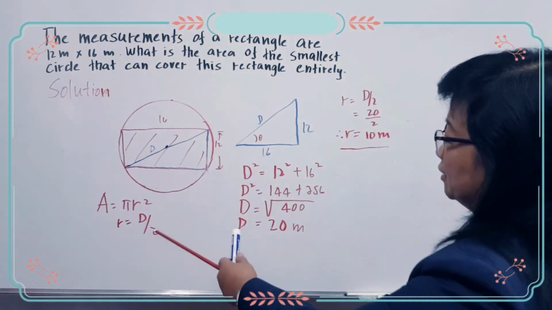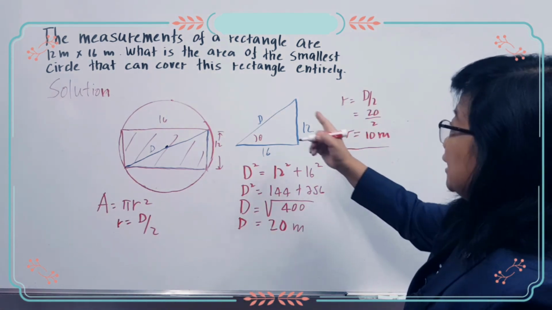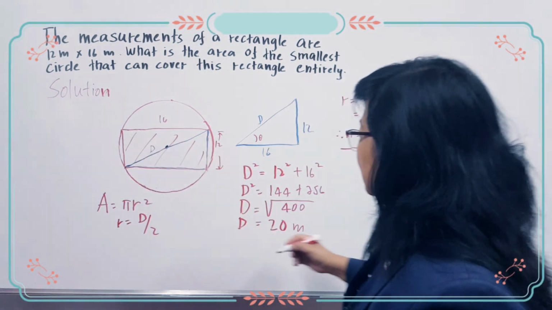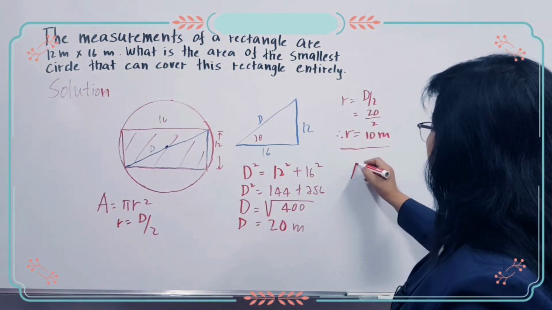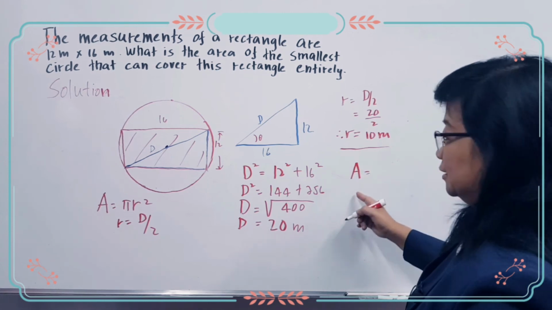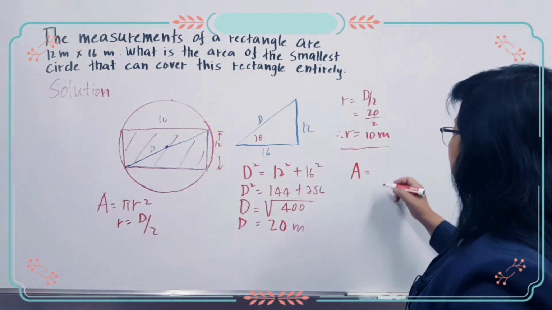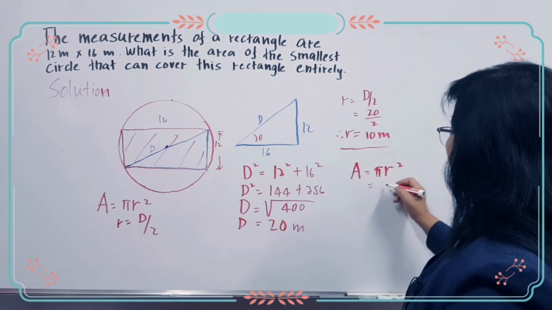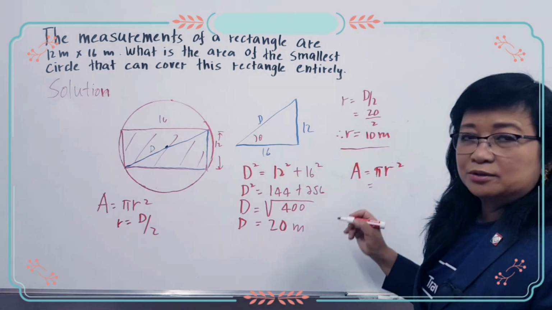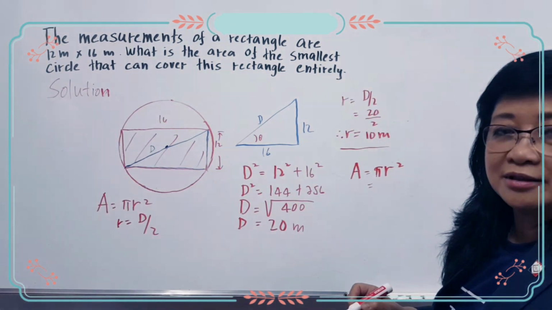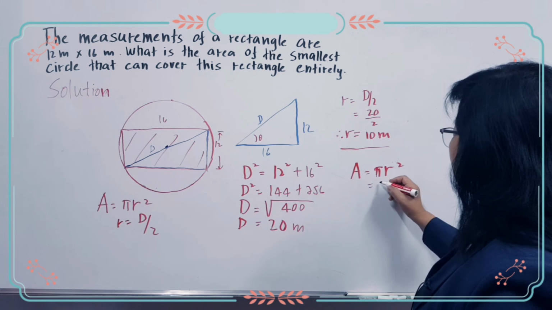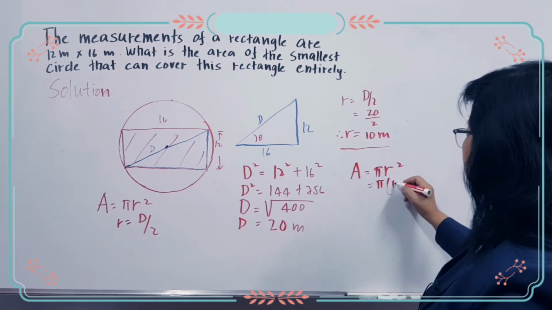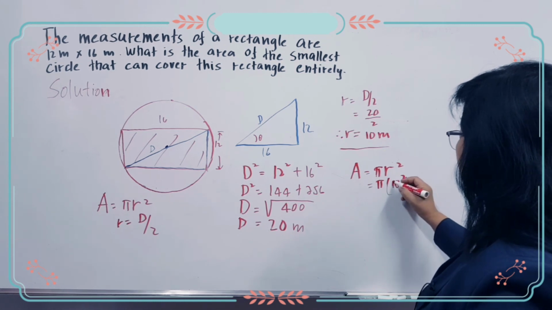Of course, we can already solve the smallest area that can cover the rectangle. According to mathematics, the formula for the area of a circle is pi r squared, where pi is 3.14. So, pi times the radius, which is 10 squared,